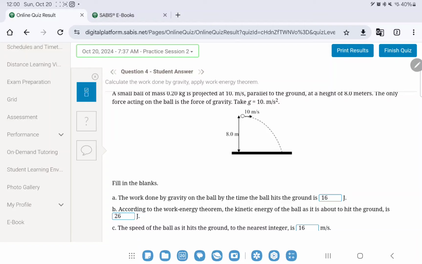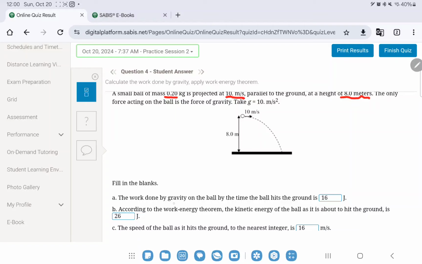So for this question, it's telling us you have a ball of mass 0.2 kg that's projected at a velocity of 10 meters per second, parallel to the ground at a height of 8 meters. The only force acting on the ball is gravity. So let's see what they want. The work done by gravity on the ball by the time